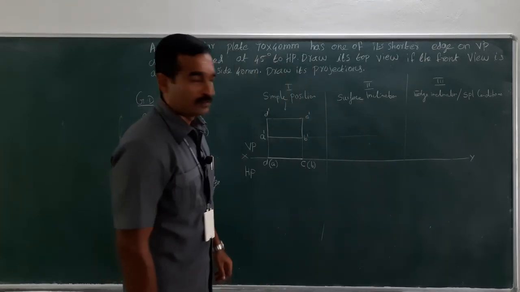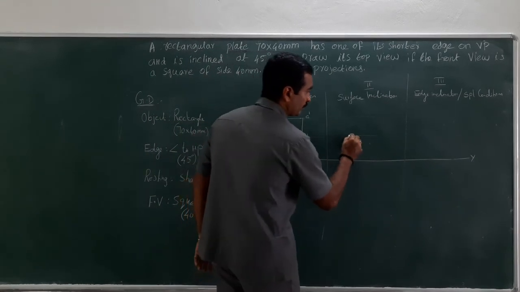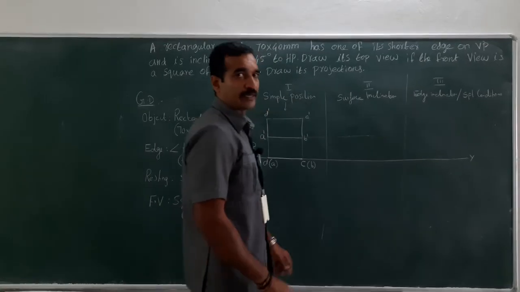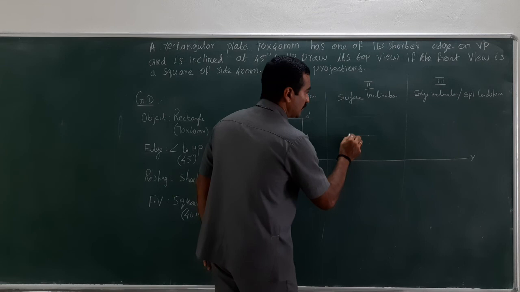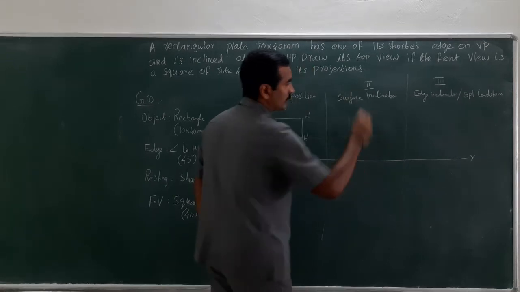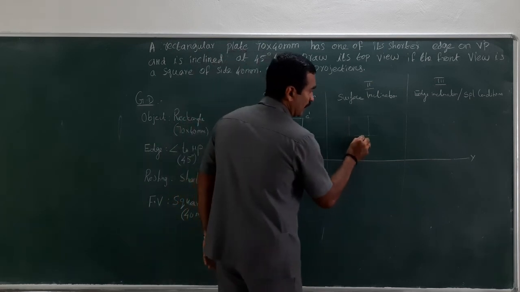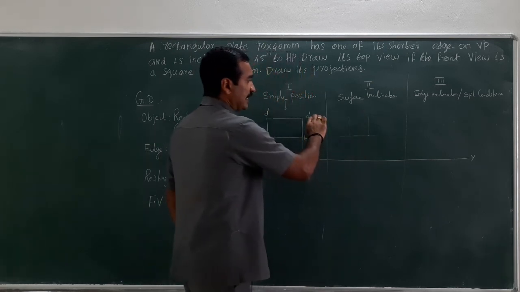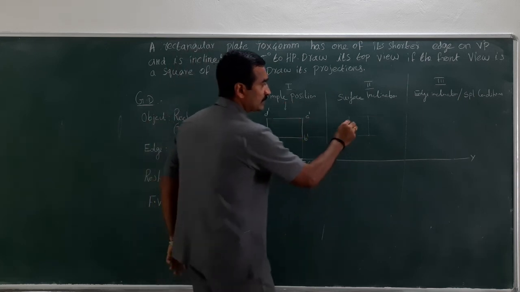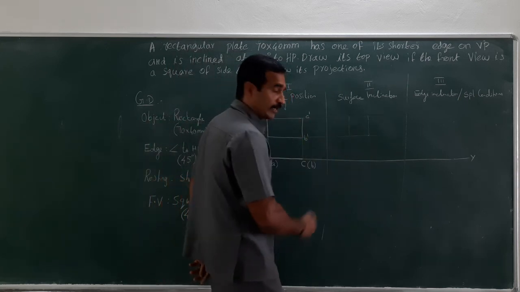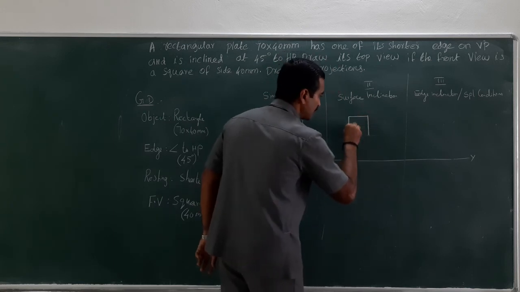Now take 40 mm, choose any point here and take 40 mm, cut an arc. Now keep a protractor in this manner and draw a vertical line, that is the perpendicular line, right? Now, 40, 40, 40, because this side is 40, right? This is 70 and this is 40. This is already 40, you have taken 40 here. Now this becomes a square.